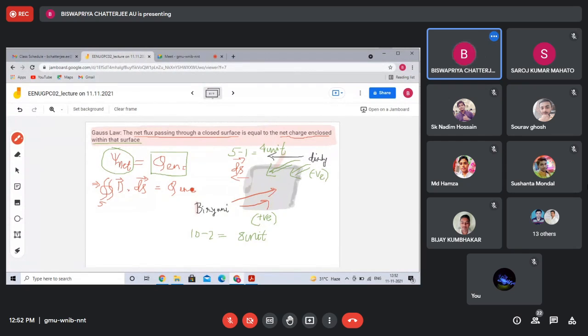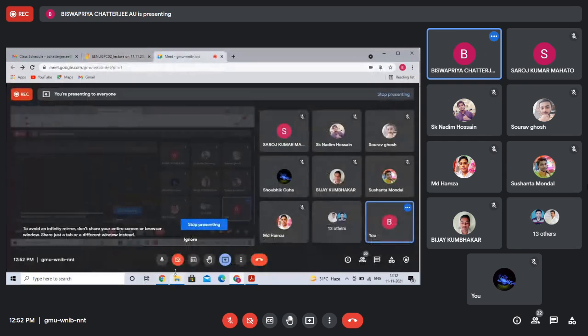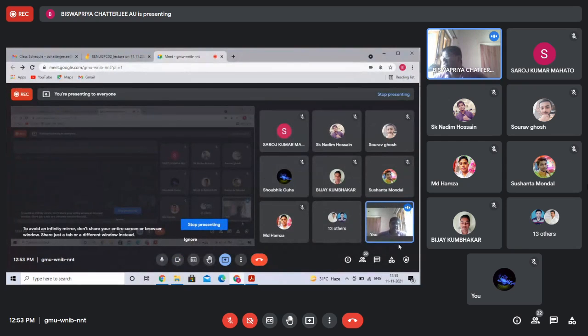Any idea? I am sitting in that room, or you can cite an example of yours as well. So you are sitting in that room. What will be the net charge present in this room? Suppose this room has some volume: length, breadth, height. You can multiply them, you get volume. So inside that three-dimensional room, what will be the net amount of charge present? How do you calculate?